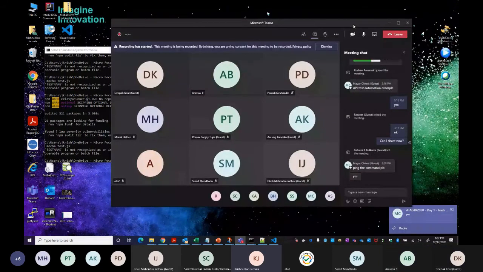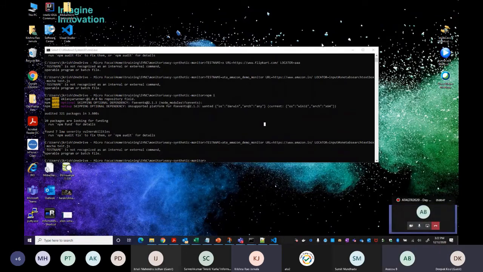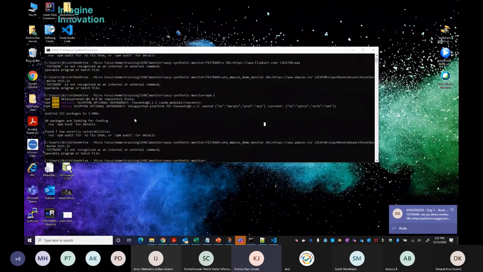Are you able to see my desktop? Give me a second. Not yet, no. Now I can see, yes. Okay, thank you. Anything missing here? I am not much confident in the npm. Okay, give me a second.